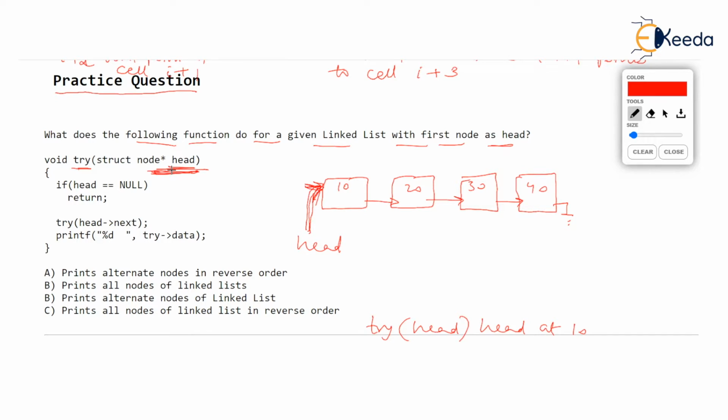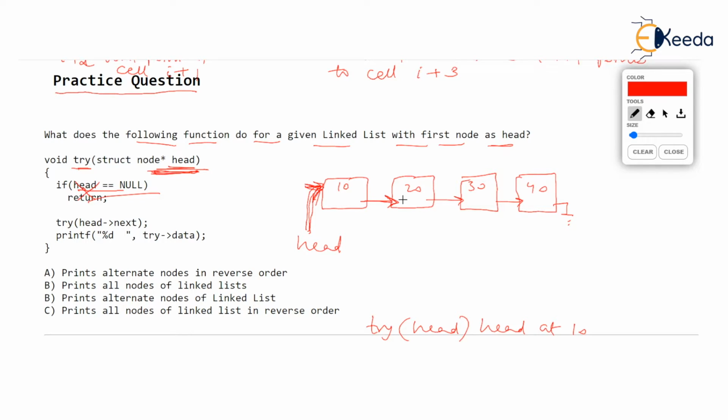Now let's go in the function, read the function, and we are asking, is head equal to null? If head is null, then return. Return means end the function. But head equal to null is false because head is pointing to 10, isn't it? So this portion will not run. Obviously, and the next line will run. Next line is call to try. So try gets called with head arrow next. Now you see head arrow next is the next of 10. And next of 10 is storing nothing but address of 20, address of the node which stores 20.